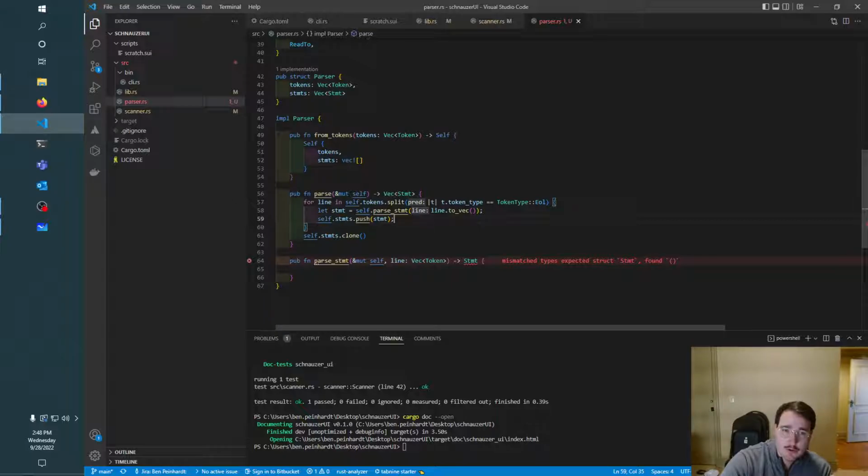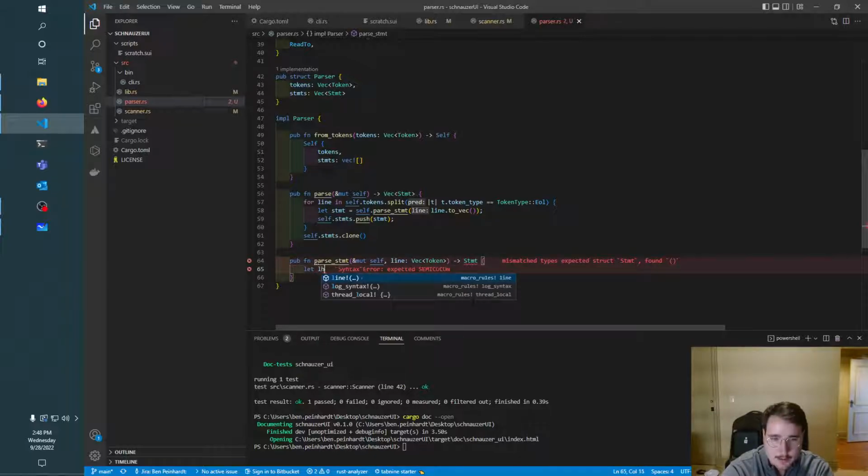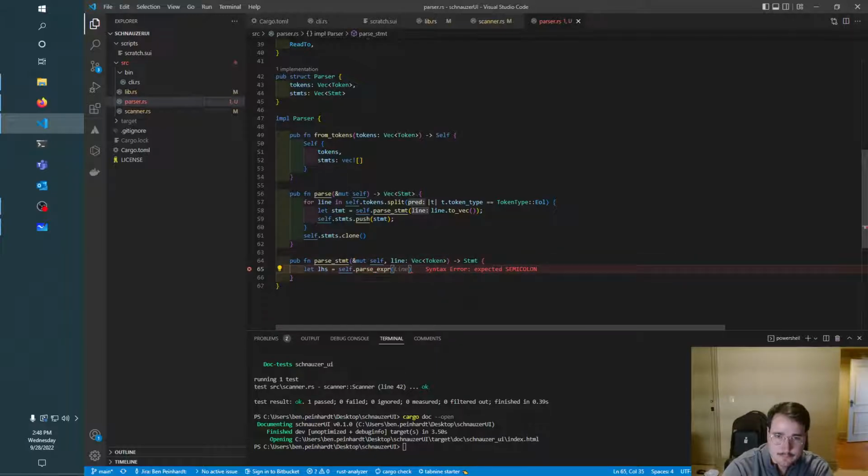So I guess the first thing we want to do is parse a single expression, right? So we'll say let the left-hand side be self.parse expression. And we'll say, okay,